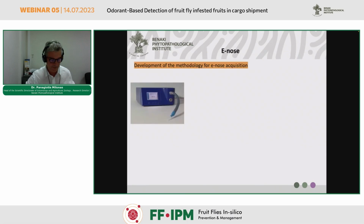But that's just the first part. Then you have to go further and see what you can do with these results. And these results, we believe, can be used for the training and validation of an electronic nose for detecting the infestation by the fruit flies in real time. So there is potential for detection of herbivore-induced volatiles by a digital tool for pest surveillance. Odorant-based detection tools such as various electronic noses, e-noses as they are called, have been developed since the